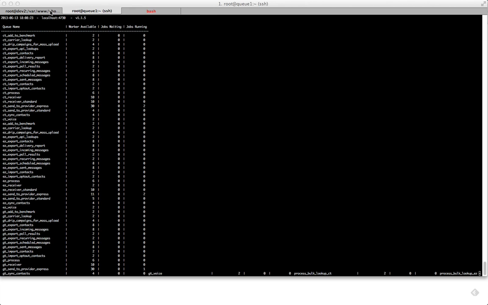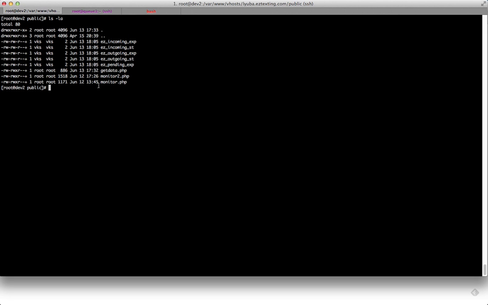Then Vadim's script writes everything to files in my folder, to a few files: easy incoming express, easy incoming standard, outgoing express, outgoing standard, and then I'm using this data to generate graphics.